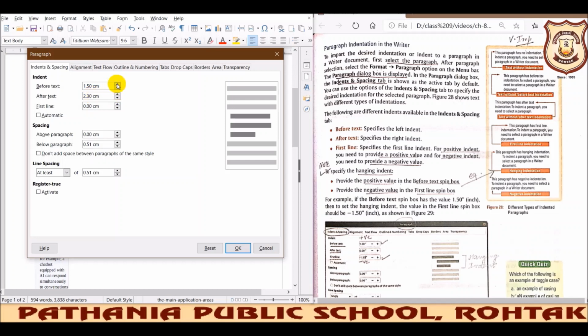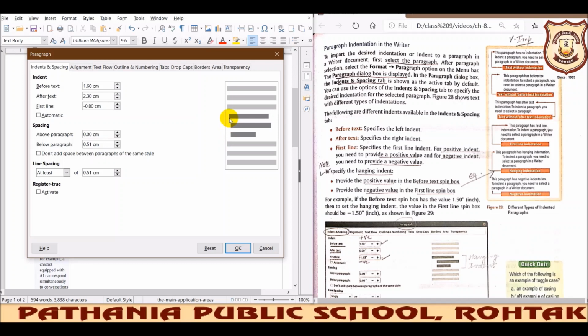If you give a positive value, it will be a positive indent. See, only the first line is moving, that is why it is known as first line indent. If you give a negative value, it will create a negative indent, meaning it will come before the indent you have set for the other lines.